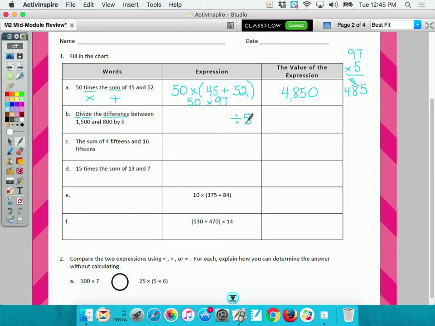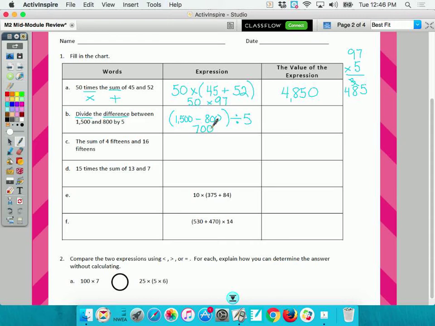So what does difference mean, Mario? The answer to division. Not division, difference. Subtraction, okay? So what do you think goes in my parentheses? Minus. Yeah, subtraction problem. And I'm not going to change the order of those numbers since it's subtraction. Okay, so what this means is, Tobias, what's the answer to 1,500 minus 800? Do 15 minus 8. 7. And then add